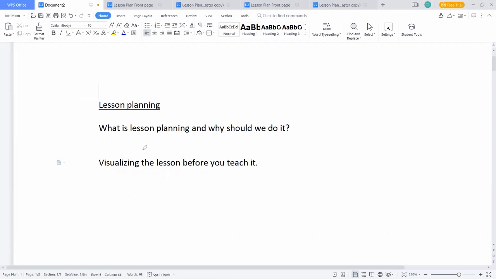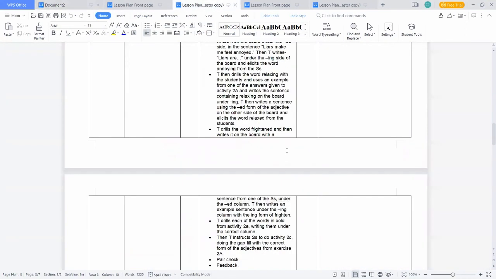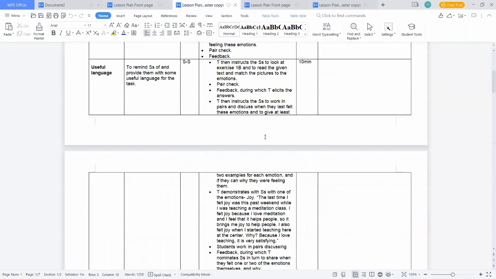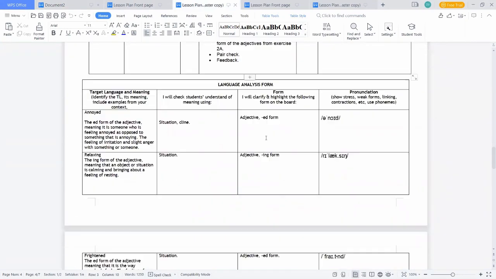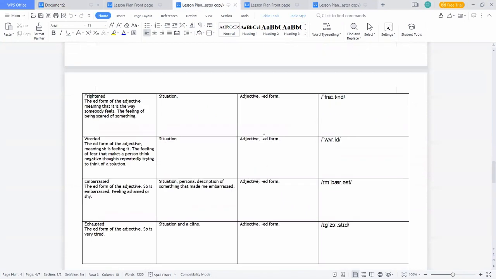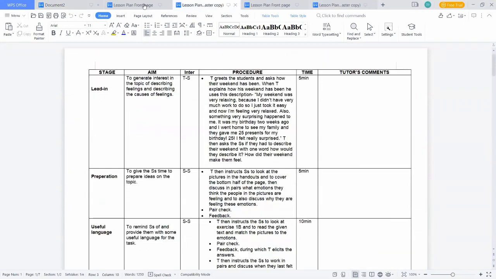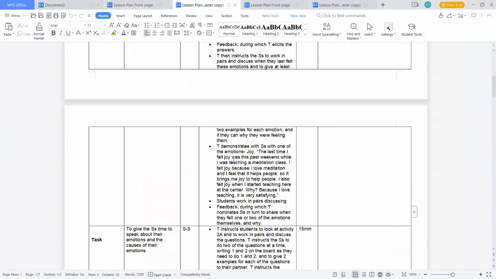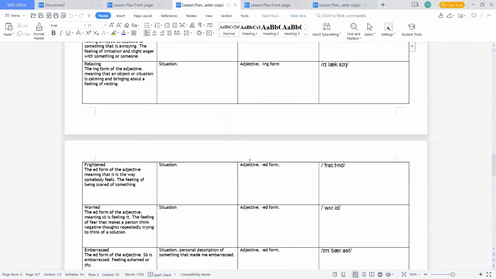So lesson planning is a thinking skill. All right. In this input, I'm going to show you how to plan lessons, formal lesson plans, such as this here. I'm giving you an example. These are the lesson plans I did on my teacher training course. We had to plan these, and I'm telling you, these plans took me hours to write.